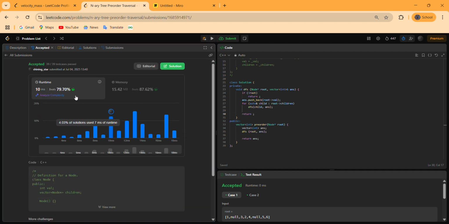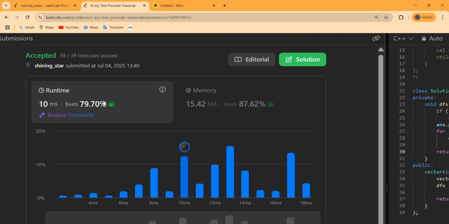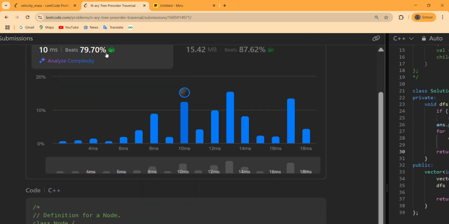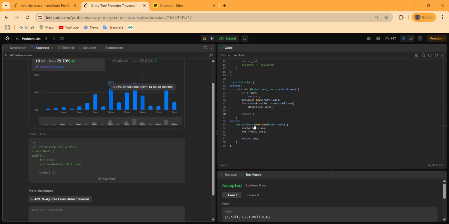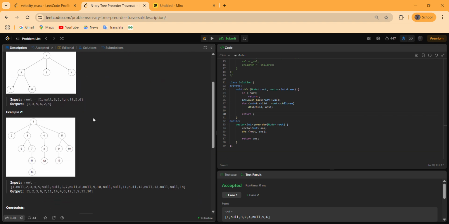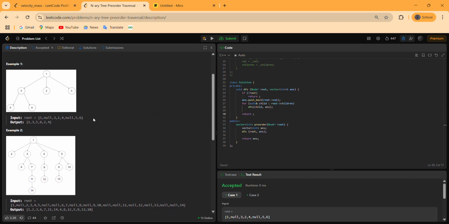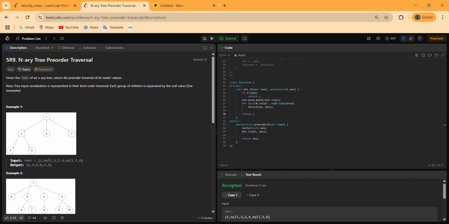It is passing all the test cases, and it beats around 80% of all the submissions, and around 88% in memory as well. So this is the code for this problem.